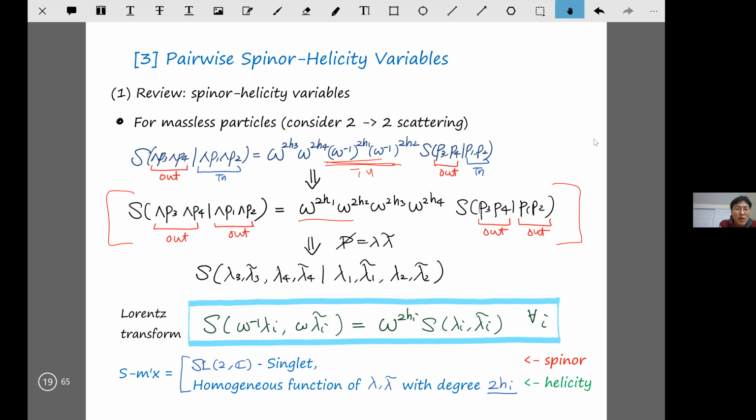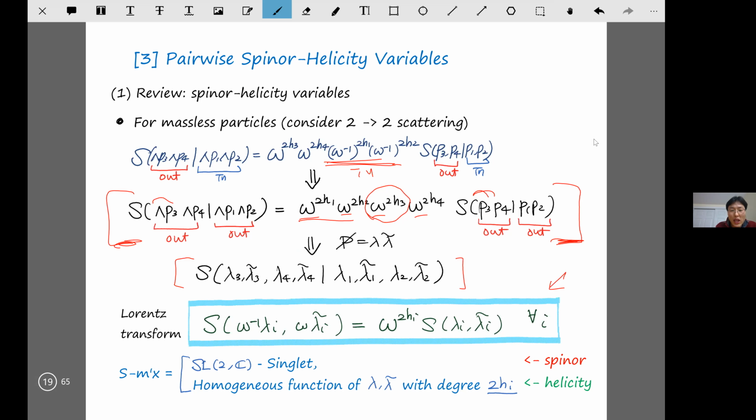Okay, in other words, if you transform, for example, the three momenta, compared to the original untransformed three momenta, you have to pick up the corresponding little group phase. And it is now democratic for all of those guys because they're all coming out together. So they had better behave the same way. Okay. Now, in terms of the lambda tilde variable, the spinor helicity variable, this transformation rule is now translated into the following